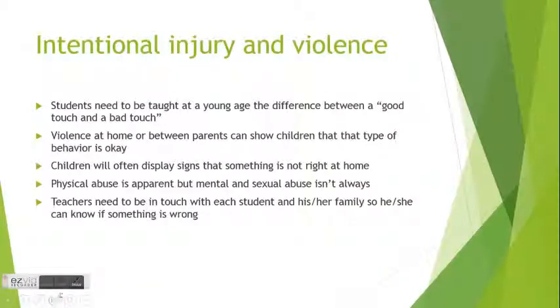Just like there's unintentional injury, there is intentional injury, which is a risk to students. Now, this can be things such as sexual abuse or bullying, so students need to be taught at a young age the difference between a good touch and a bad touch. And when children are exposed to violence in their home, such as parents arguing or being physical with each other, then they learn that this is okay behavior,